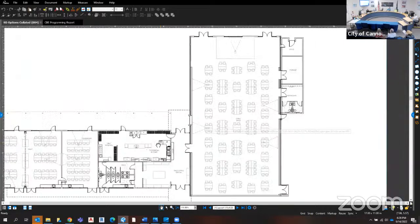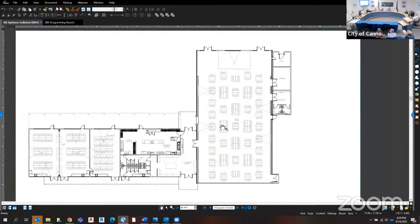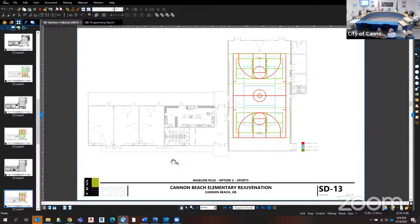And it's something that we would have to work through in future iterations on how to best mitigate that. And then look at what we can do here for sport layouts. In this one, being able to open up the gym to its fullest volume, we're able to get